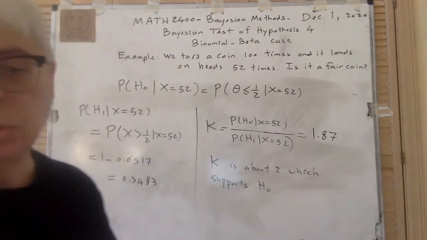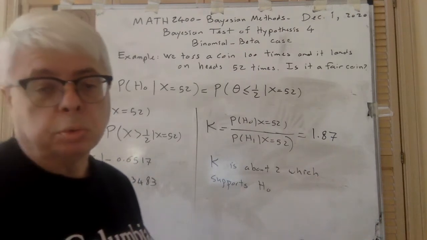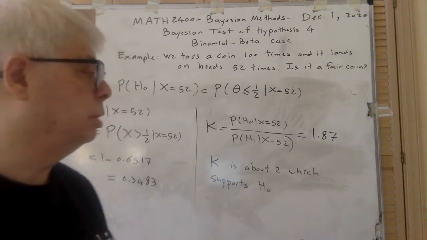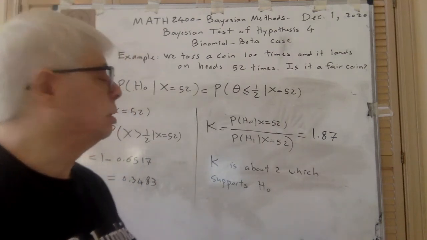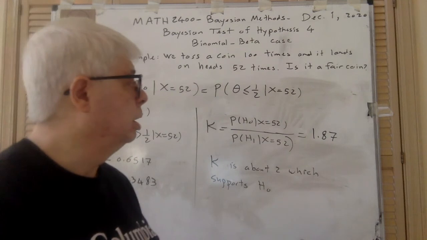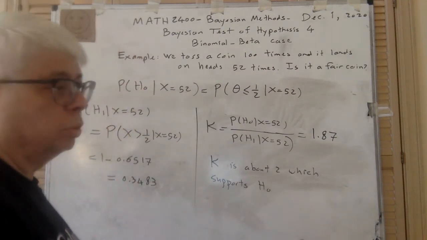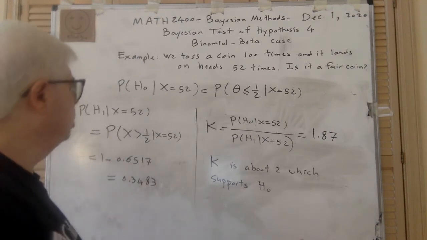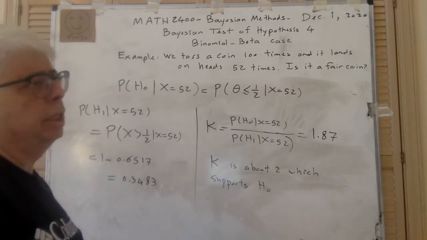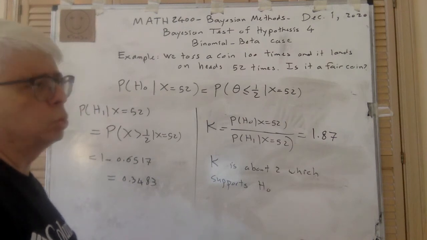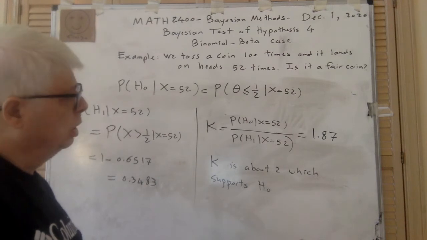Okay, so we state that there is enough evidence to accept H0, or support H0. That evidence, 52 out of 100, is a good indication that theta in fact is less than or equal to 1/2. Now you might say, why did we do this less than or equal to 1/2? If I say theta equals 1/2, you see the distribution that I found is